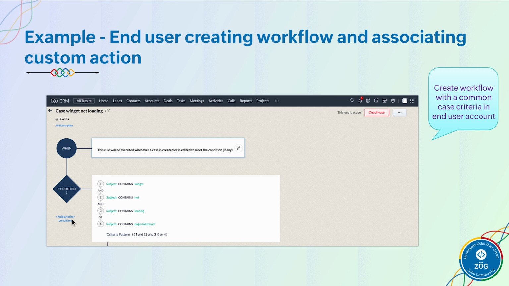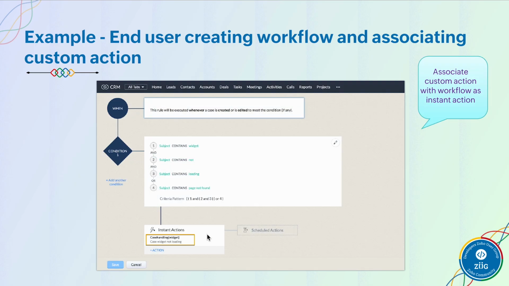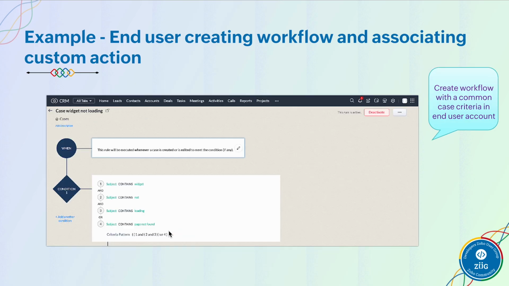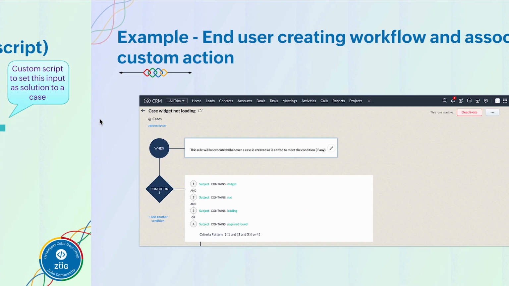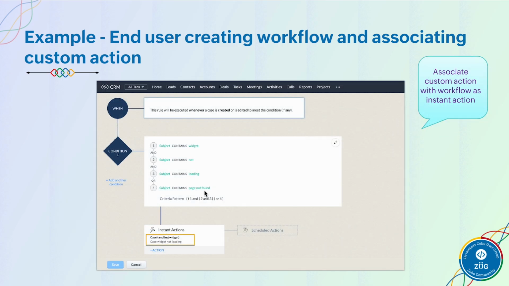The condition is that whenever a case comes up with a subject containing terms like widget not loading, so if widget, not, and loading are part of the case's subject, then you can go ahead and associate the custom action that we've created. We saw that the custom action we've created has the name case handling widget, right? So that particular custom action can be associated to this workflow criteria.